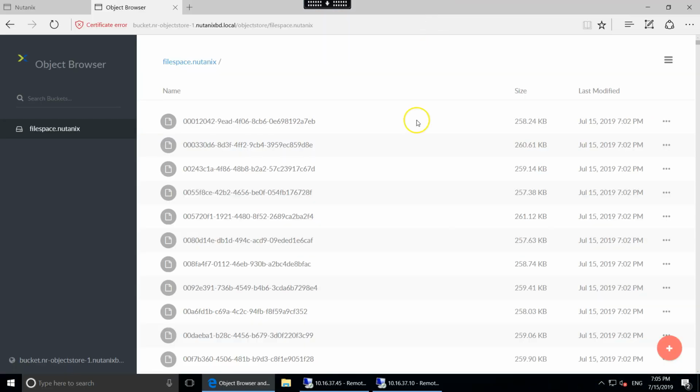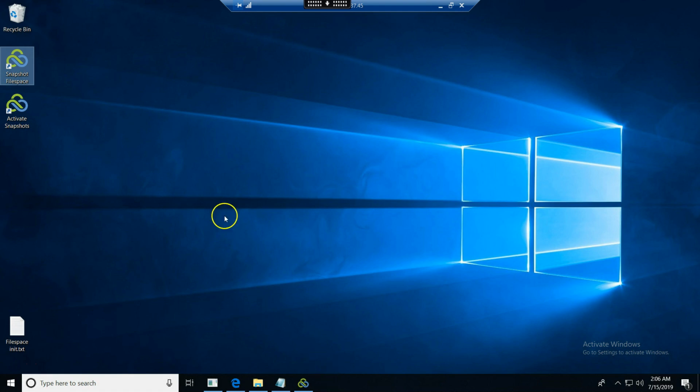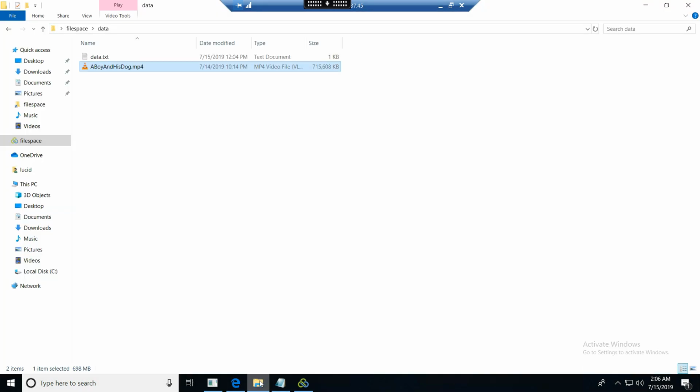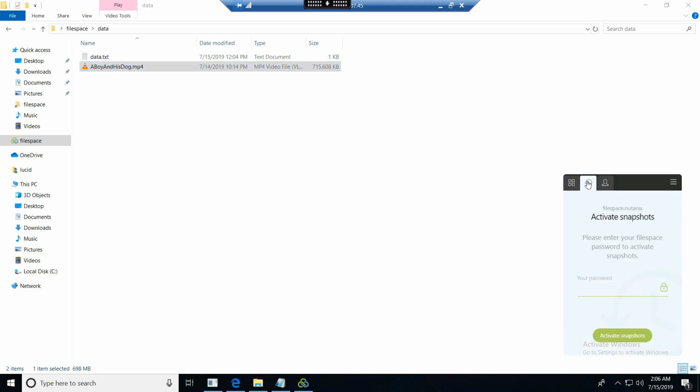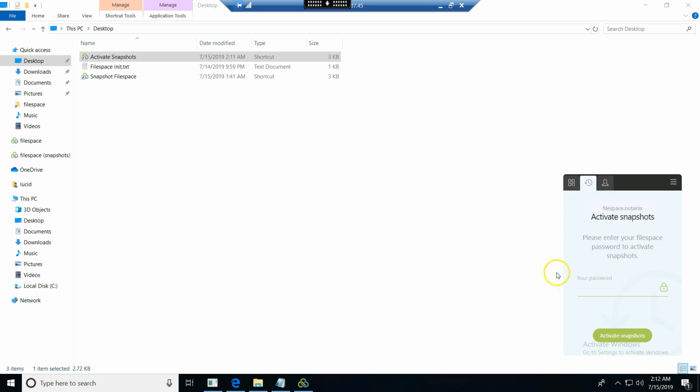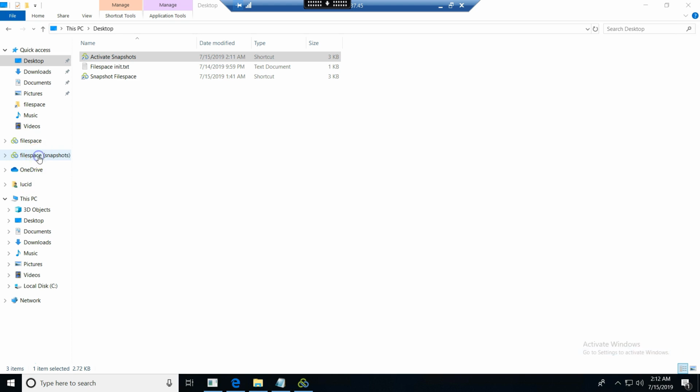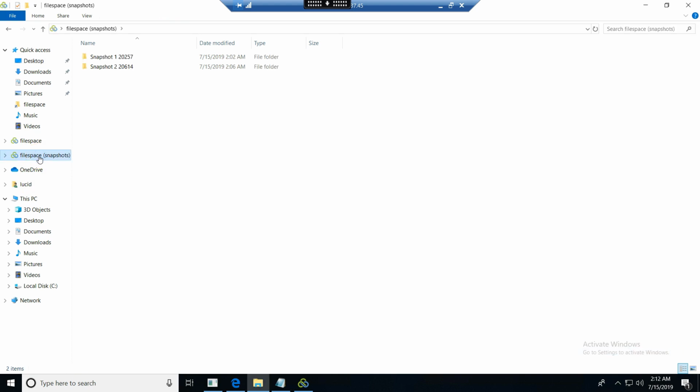If we go back to our virtual machine 1, now that we've added additional data, let's create another snapshot because we've edited our text file. Once we've completed that, let's activate our snapshots. Our snapshots you can access from the Lucid client via our Snapshots tab. However, we activated our snapshots via our script, so we'll note that our file space snapshots have appeared, where we